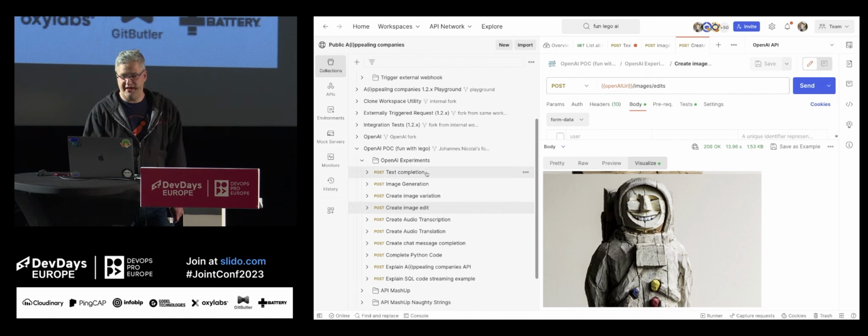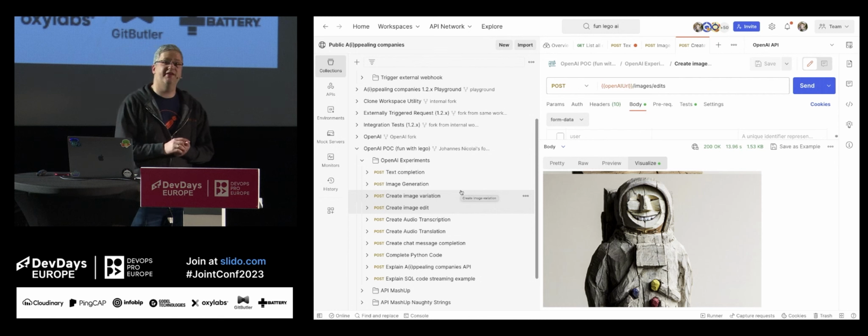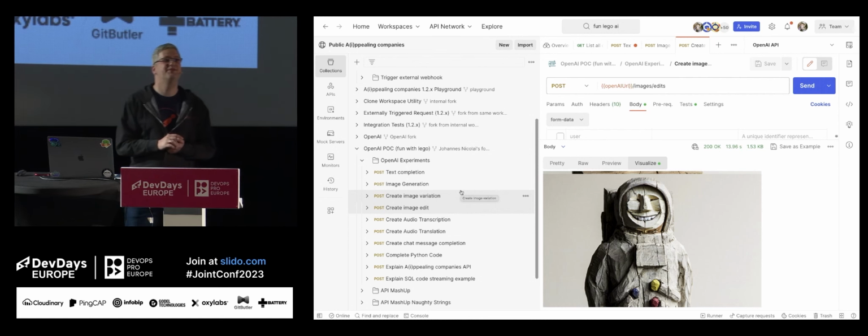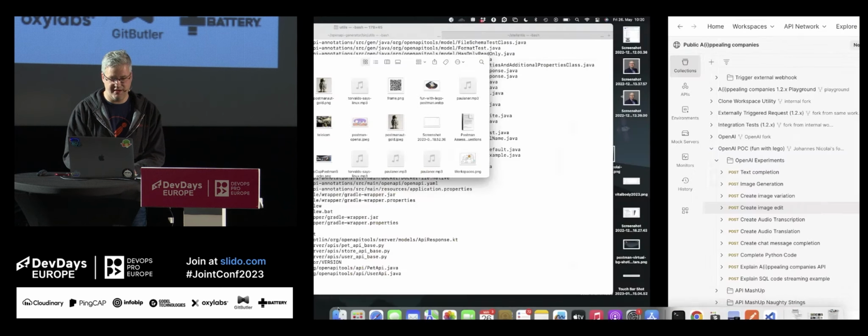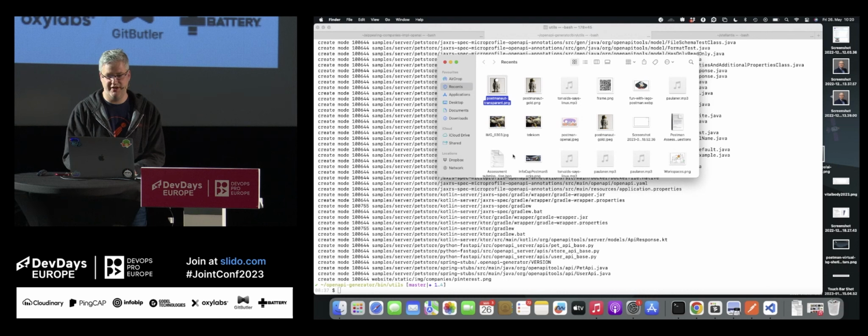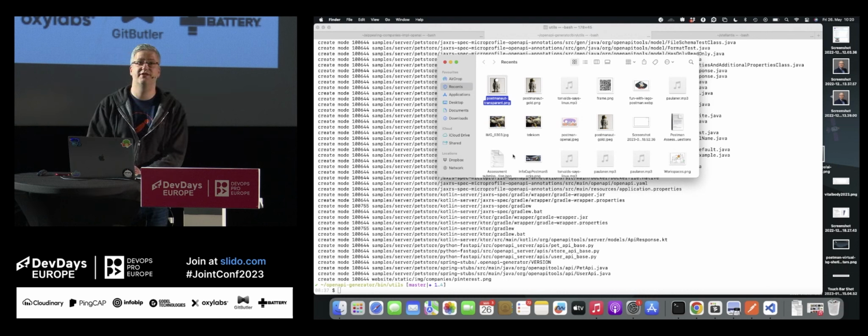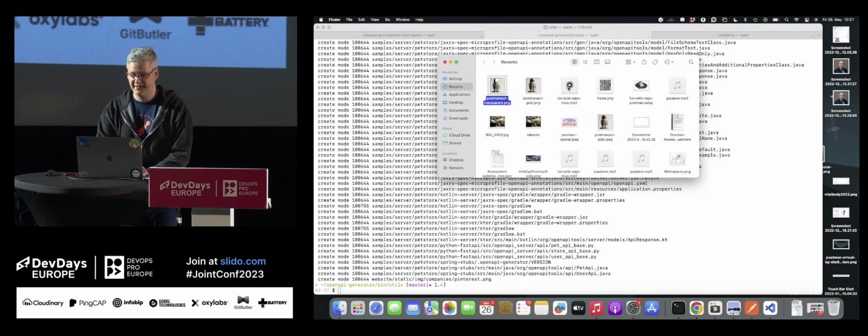The other API I wanted to show you is Whisper. Has any of you used Whisper before? Can you show of hand? Two or three. So this is more of an exotic one. In Whisper, you can turn audio into text and also translate it. So this is the example with the audio file I wanted to play,